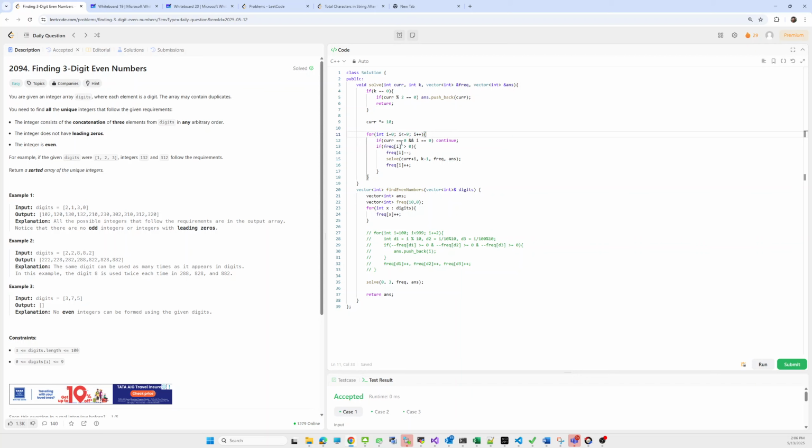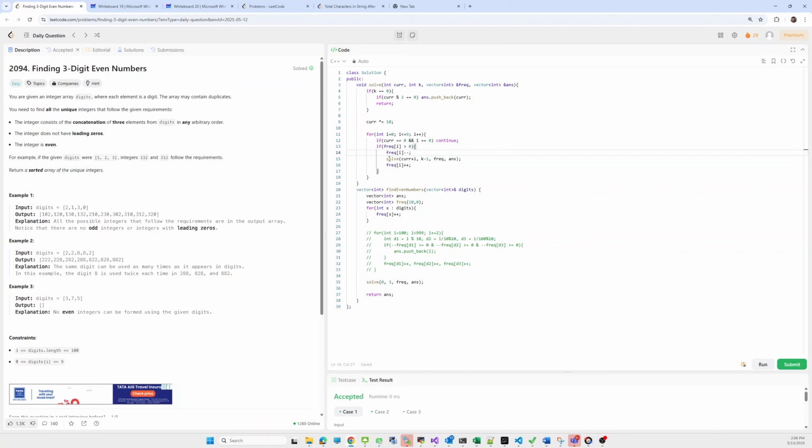If the current value is 0 and the next digit is also 0, we eliminate that case, because of the no leading zero condition. Else we check whether we are able to add that particular digit, then we add it and update the frequency.